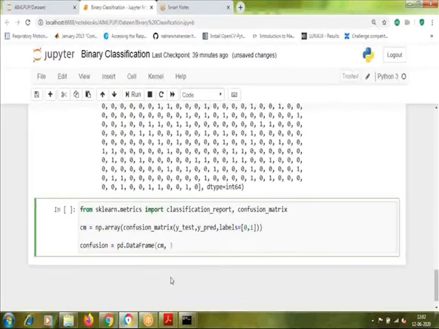So when you convert a particular table into data frame, you need to give its rows values and column values. So index here I can say whether a patient is diabetic or whether it is non-diabetic.